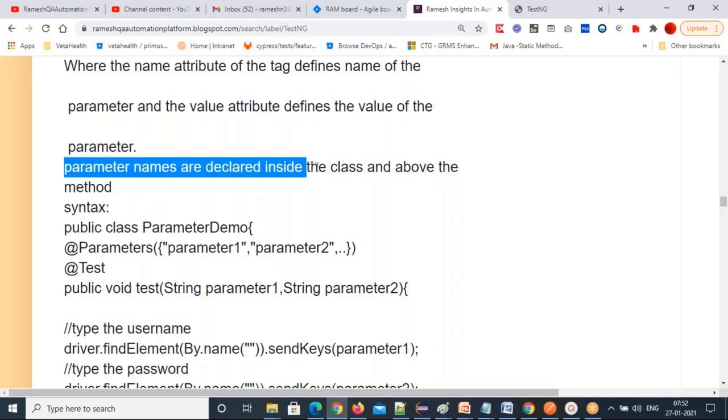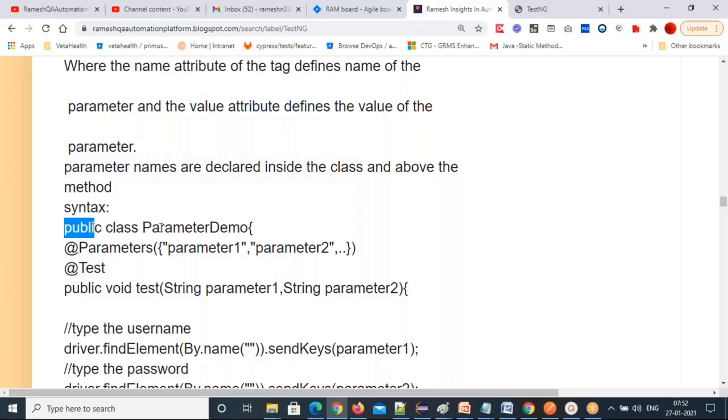Parameter names are declared inside the class. Parameter names, not values. Parameter names you will declare inside the class and above the annotation method, like this. Public class ParameterDemo, my class name, then @Parameters, P capital. So for every annotation, you have to follow class naming conventions. Remember that. @Parameters, parenthesis. If more than one parameter is there, you have to put them inside curly braces.